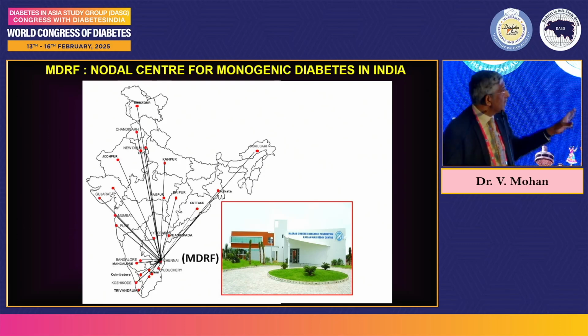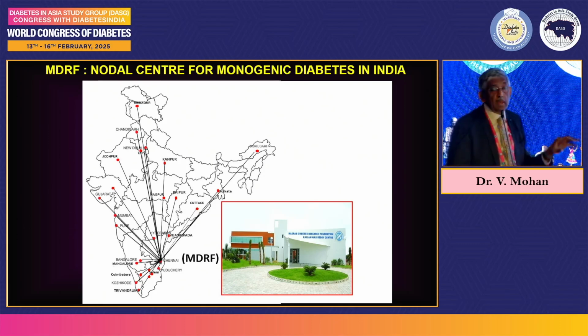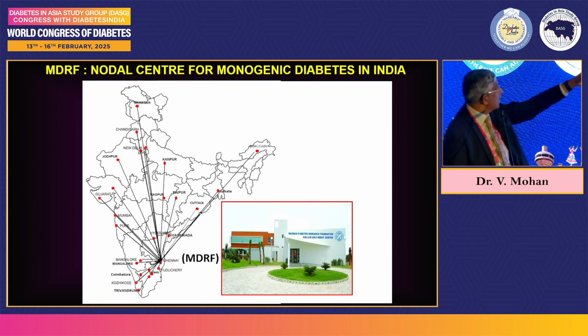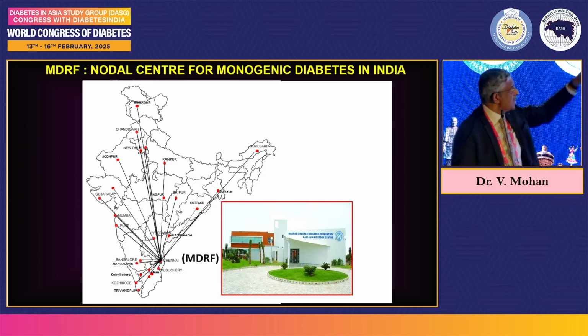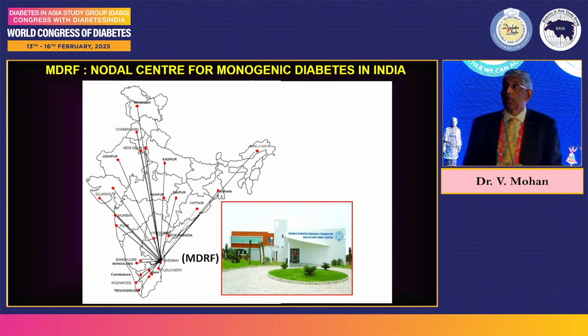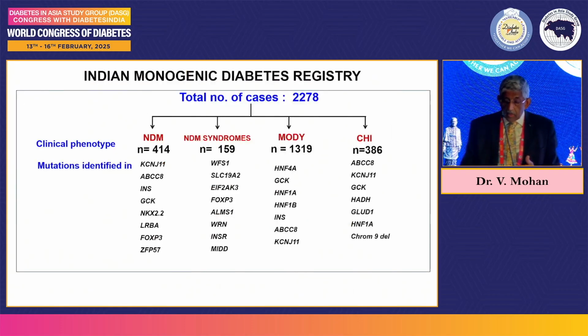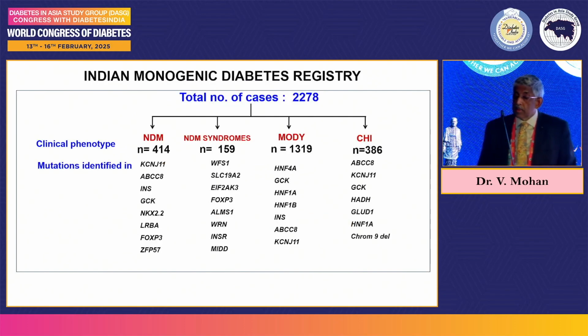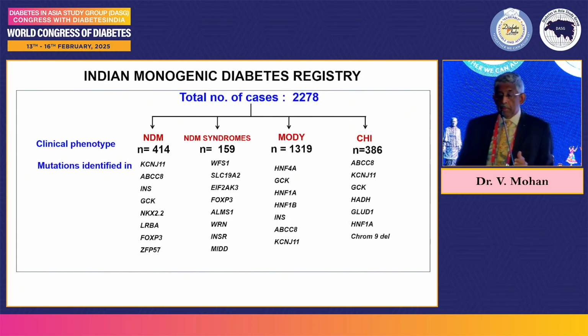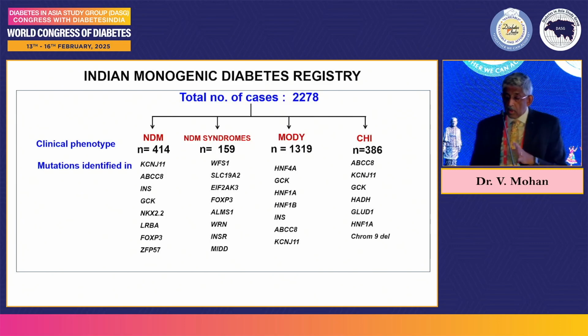Today I'm happy to tell you that the list is growing from every part, from Dibrugarh to Srinagar to every part. I'm sure many in the audience would have sent us samples, and we are continuously increasing the speed of the testing and the quality of the testing. And today we have covered close to 2,300, this may not be updated, 2,300, of which 1,300 are MODY, 414